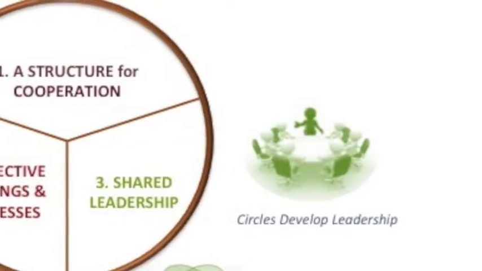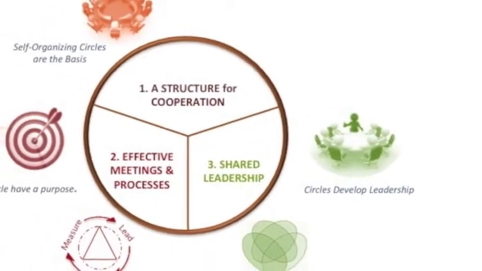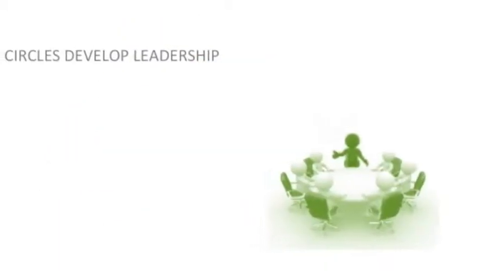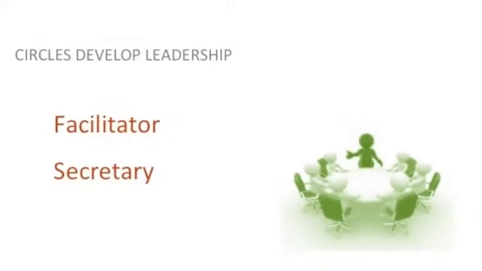This is such a new practice for most groups that it's hard for us to imagine that this could really work. That's why it's so valuable to have a step-by-step process to follow and let the process do what it's designed to do. Leadership emerges within the circles and is developed at every level of the organization or network. Two key leadership roles that every circle will have include a facilitator and a secretary.